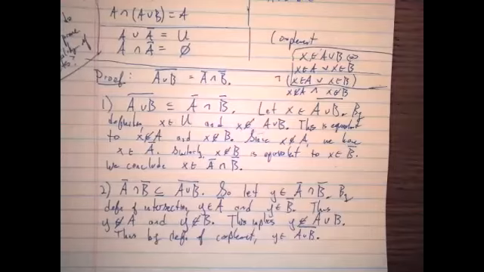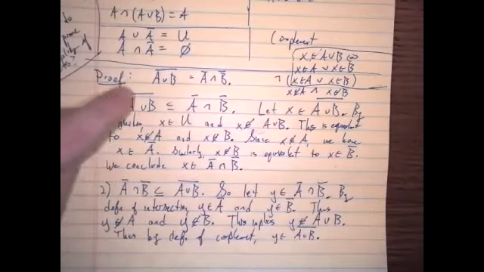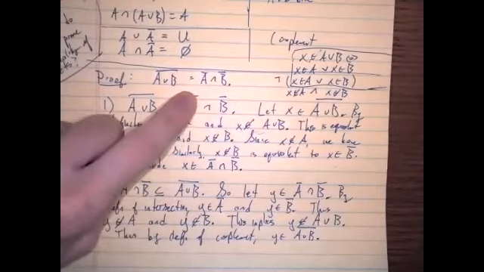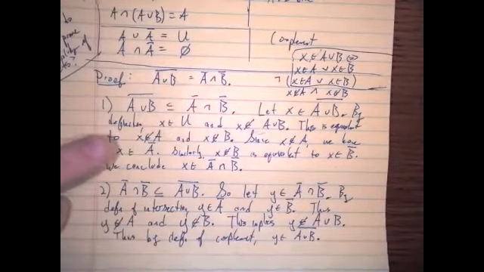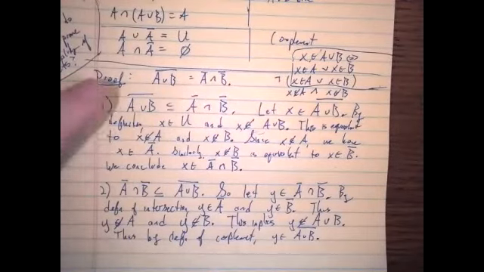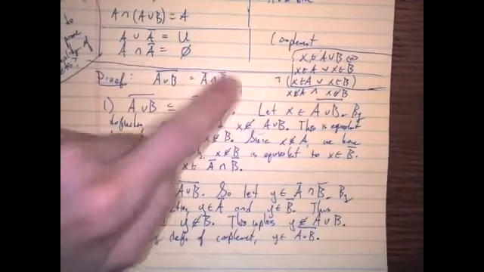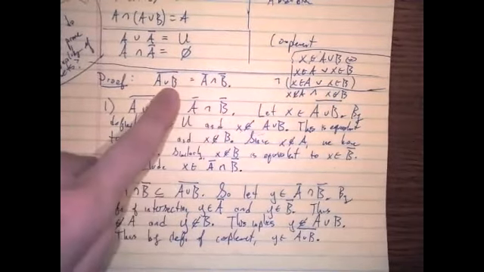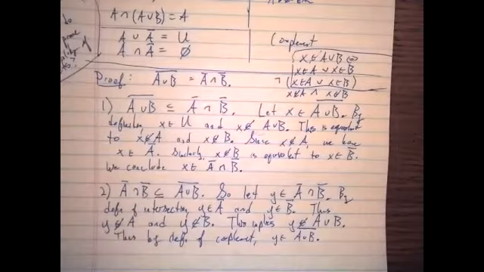But yes, it's correct that this is essentially the reverse. So once again, the first thing that I did is I broke up a set equality into a pair of inclusions. I want to show this set is contained in this set, and then I show this set is contained in this set. This is how we show equality of sets, a double inclusion. Okay, that's step one to remember.